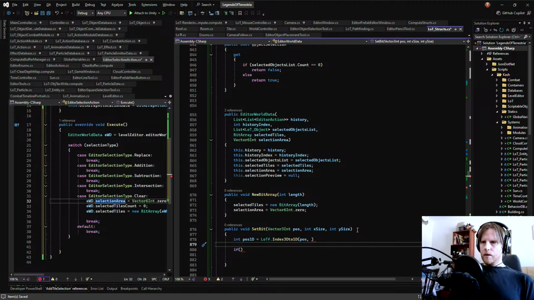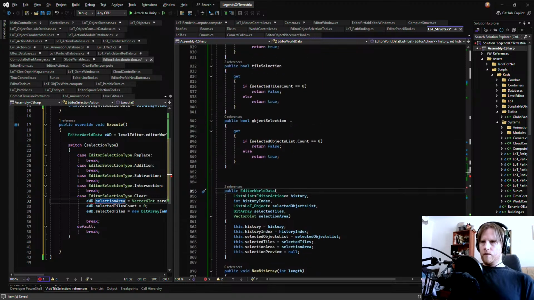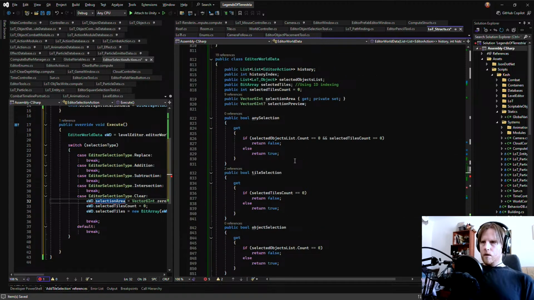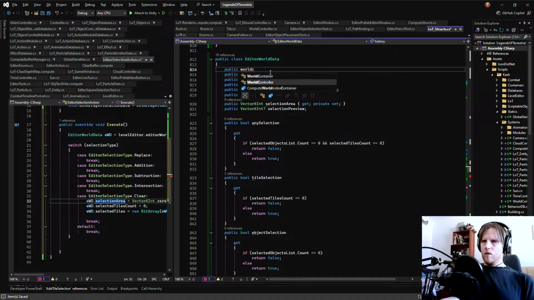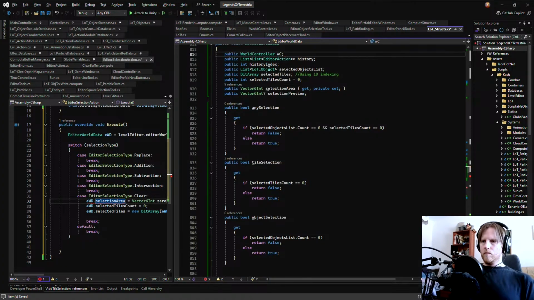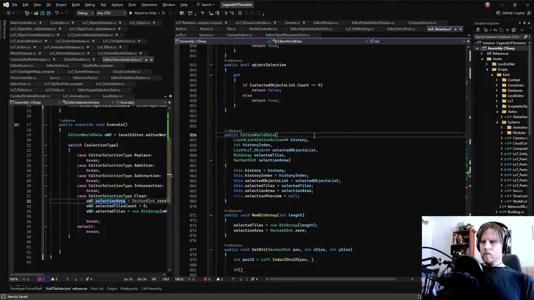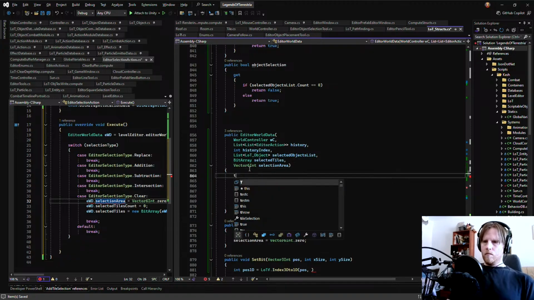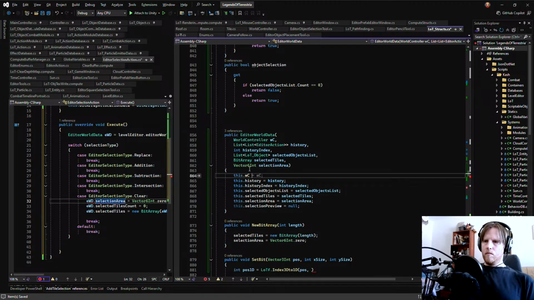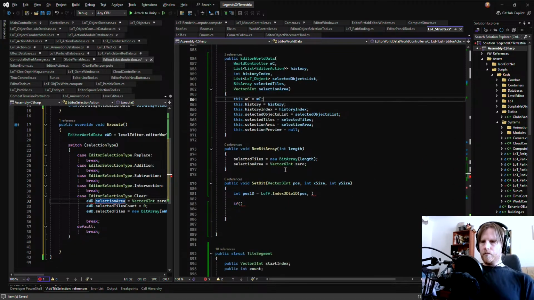Editor world data. I think the editor world data should have access to its world. That way we don't need this.